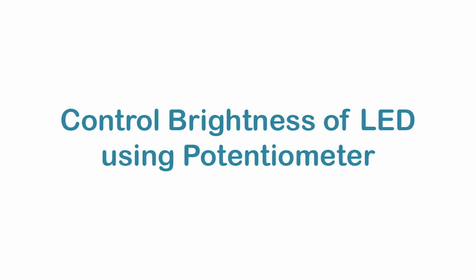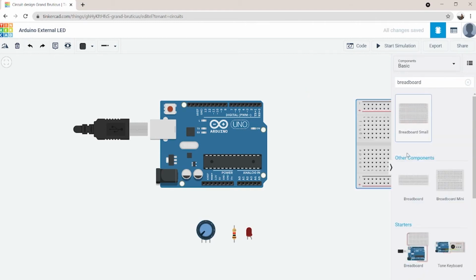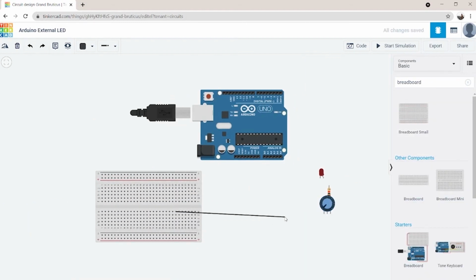In the next example, we will see how to control the brightness of the LED using a potentiometer. Components needed are Arduino, potentiometer, LED, resistor, and a mini breadboard.